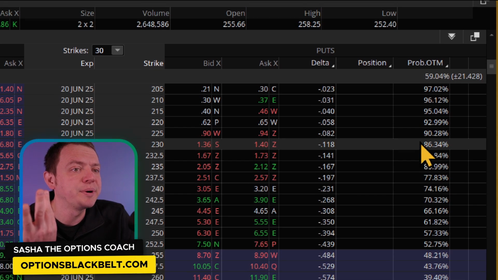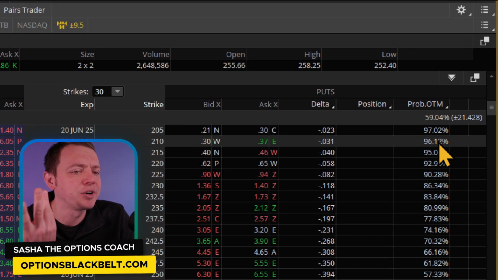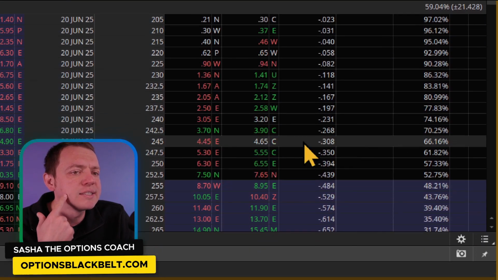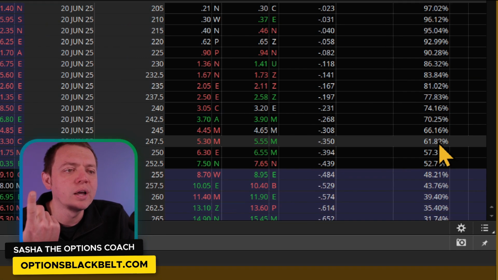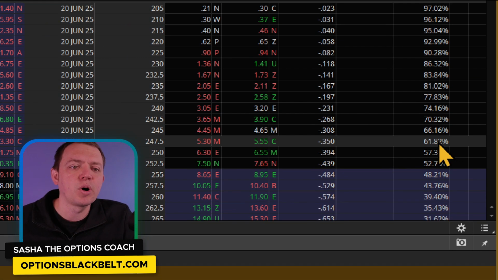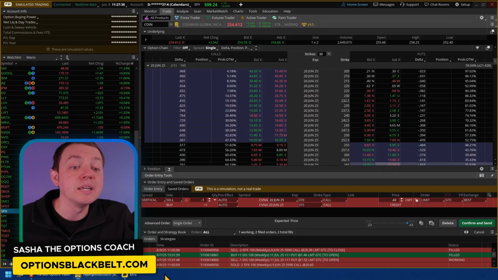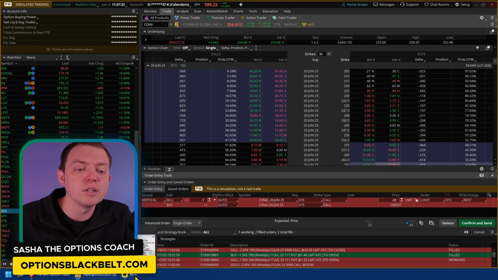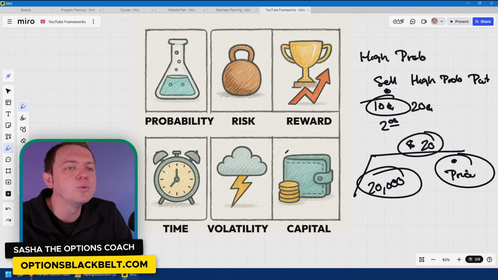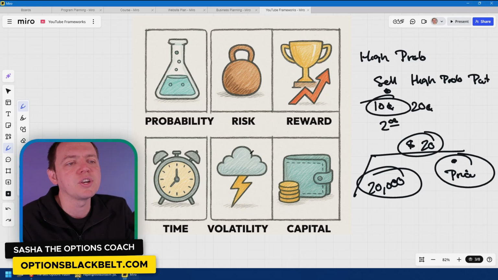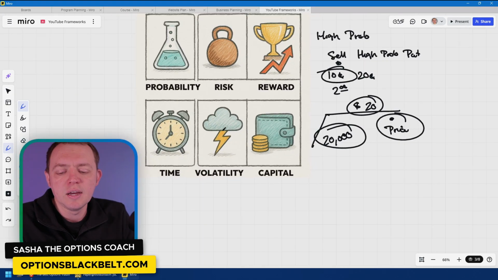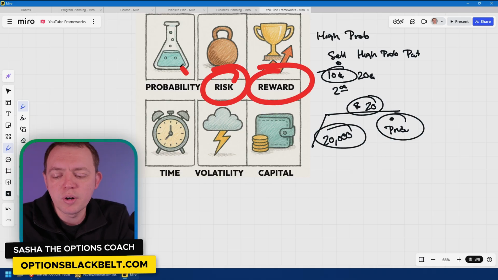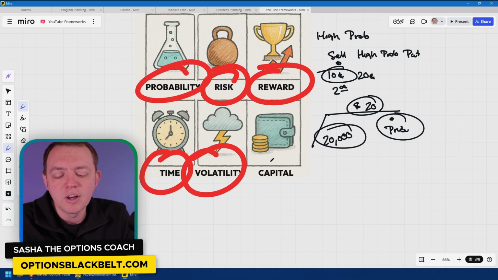So that's pretty good, but not quite as good as 96 over here that we had earlier. So the thing is that I might say I want a bigger reward, but if I want a bigger reward, I'm going to have stinkier probabilities. And this is what the recipe is kind of showing you and giving you a little insight into: that you have this give and take relationship. Okay, and you have to look at these different components as far as risk goes, reward, probabilities, time, volatility, and